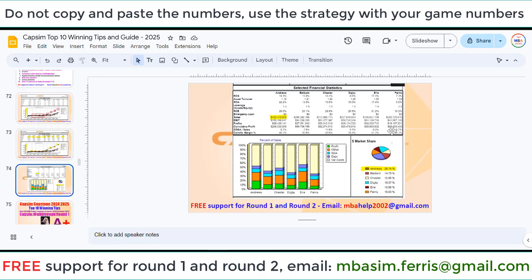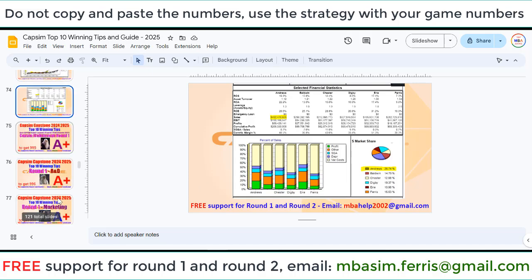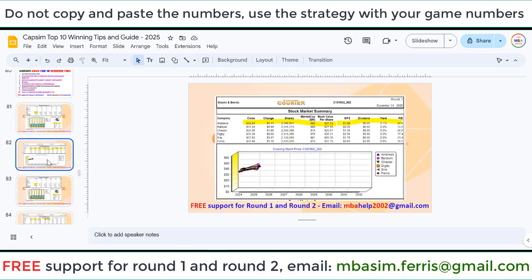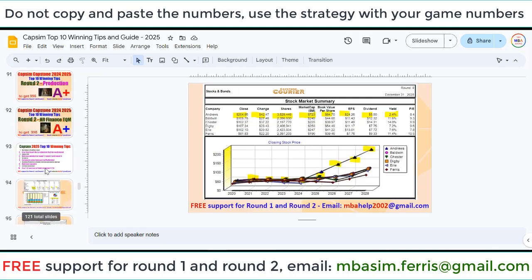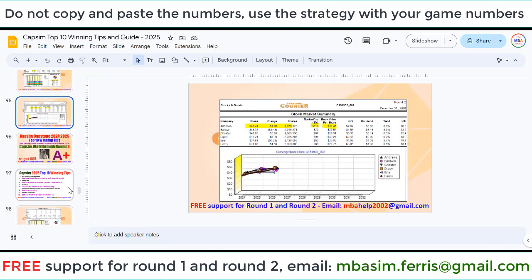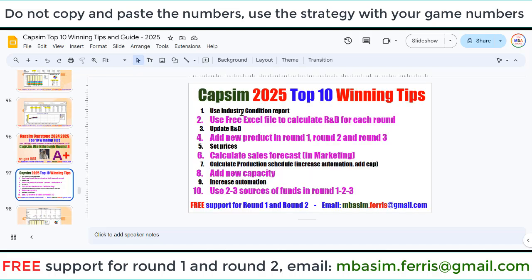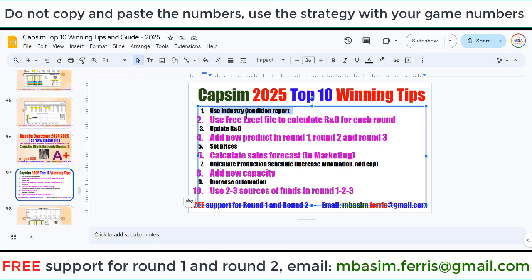You see here top sale is much higher than all competitors, and accounts for 26% of market share, right? So in rounds 1, 2, 3 we are quite close to each other, but in later rounds we go up very fast because we invested strongly in rounds 1, 2 and 3. So the strategy here, you can see that we use the industry condition report, use the free Excel file, update R&D, add new product in rounds 1, 2, 3, and now I show you how to